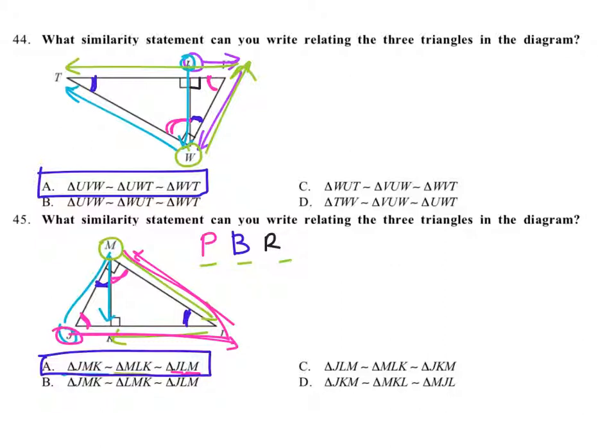Hopefully you know exactly what to do with these particular types, but I guess it's a little hard to see what angle matches with what. So you could write your similarity statement out yourself at the start, and then they might have the letters out of order, but as long as yours are all corresponding in the same spot, that's fine. I don't know if what I just did there helped a lot. Hopefully you could see what